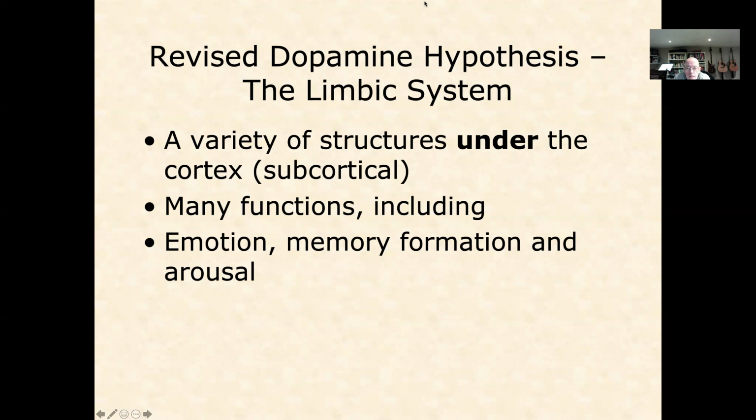So now what we look at, and one of the major problems with the original dopamine hypothesis is that it explains positive symptoms, hallucinations and delusions especially. However, it didn't really seem to explain the negative symptoms of schizophrenia. So, rather than just getting rid of the theory altogether, psychologists looked and said, okay, how can we improve that? Is there a way that we can actually make it a bit more subtle, if you like? Okay, so